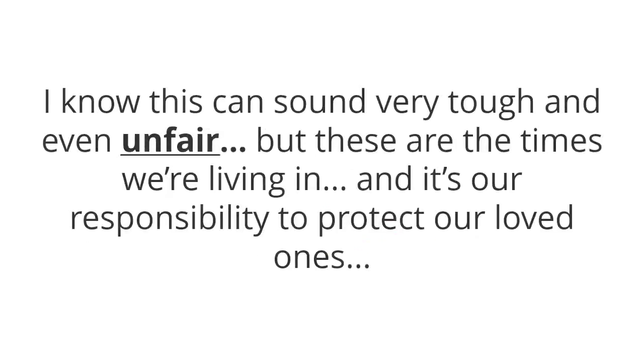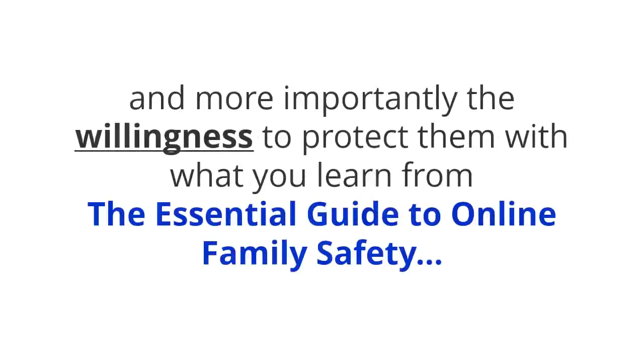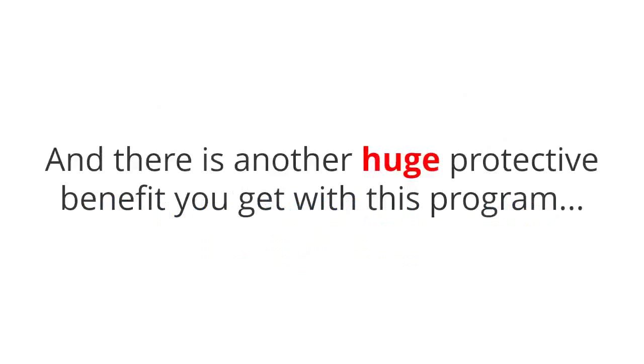I know this can sound very tough and even unfair, but these are the times we're living in, and it's our responsibility to protect our loved ones. And the good thing is, your loved ones can depend on you because you have the knowledge and more importantly, the willingness to protect them with what you learn from the Essential Guide to Online Family Safety. And there's another huge protective